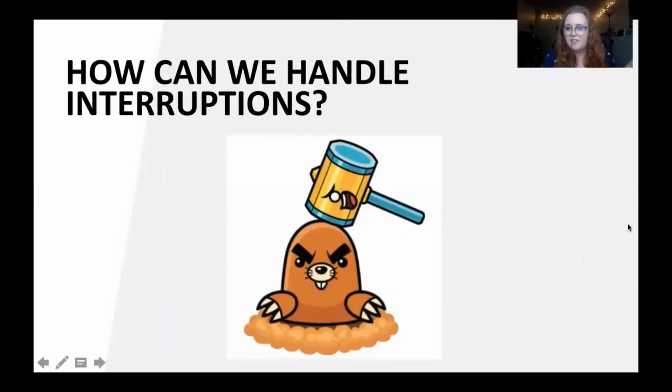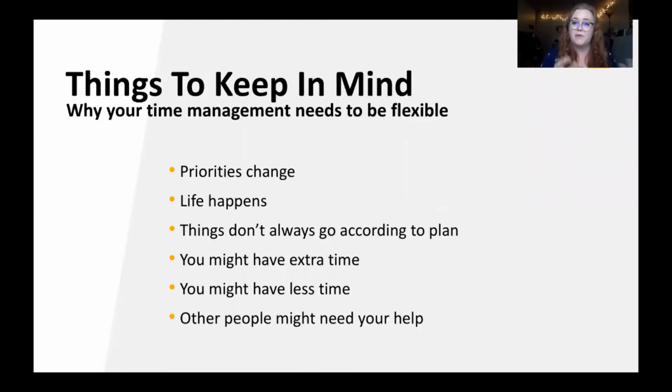Okay, so the final thing I just want to talk about is how do we handle interruptions, right? So we had a really big one. We all switched to online, and that's really difficult. So some things to keep in mind and some reasons why it's really important to have a flexible time management strategy is one, priorities change, right? So maybe when you were on campus, your biggest priority was passing your classes, doing really well, and having a good time. But now you're home, and maybe your priority is to help your family out more. Maybe you need to work more. Maybe you need to provide some sort of childcare for people. Keep in mind that these priorities shift, and that's okay.